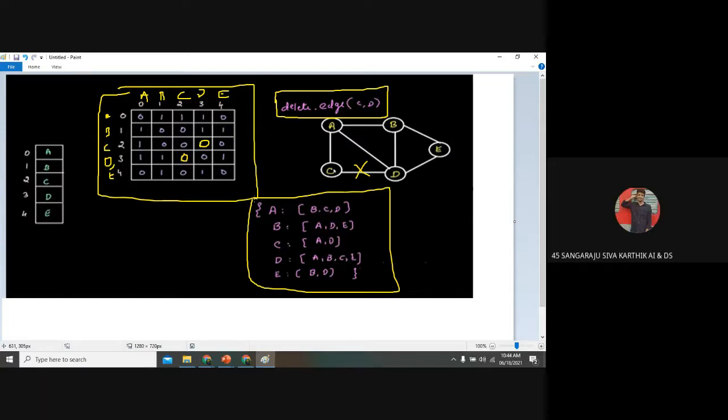Relation between C and D will be: in this C keyword, the D will be cut off, right? Yes. In this D keyword, the C will be cut off. The edge will not be applicable for this, and the remaining edges will remain the same. There is no disturbance for the remaining vertices.